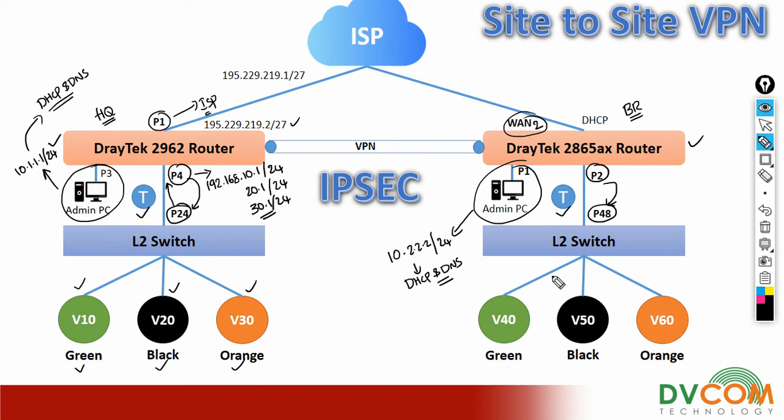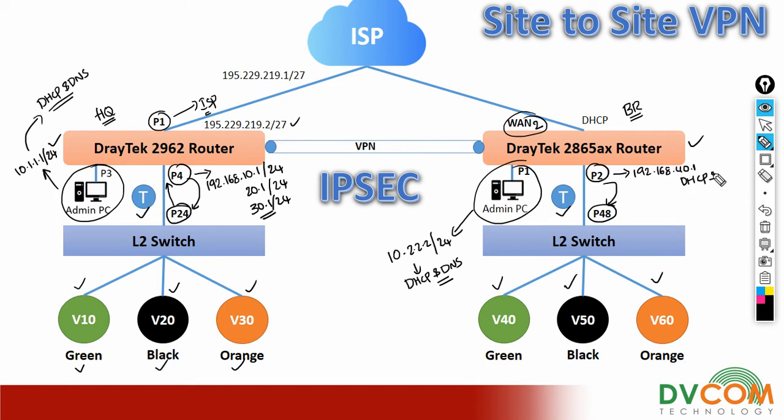And in my layer 2 switch we have configured VLAN 40, 50 and 60. For these three VLANs the DrayTek 2865 is going to act as the gateway. For port number 2 I have tagged VLAN 40, 50 and 60, and I have assigned the IP address 192.168.40.1 for VLAN 40, and this 40.1 is going to act as the gateway,